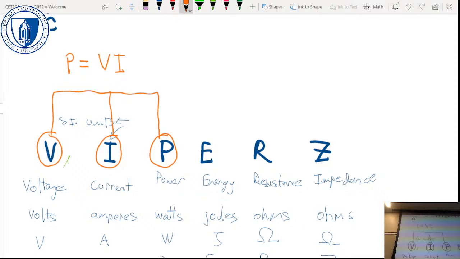Let's go with series circuits. So I'm not going to talk about inductors and capacitors, but I think that we can do the same thing with them. Right, so a series circuit,